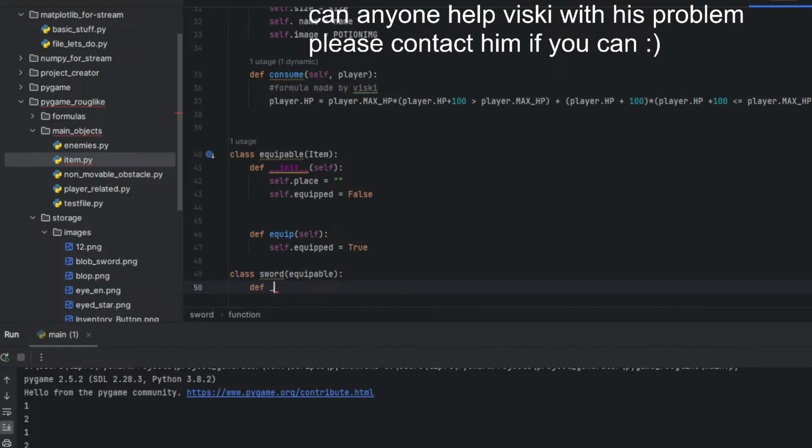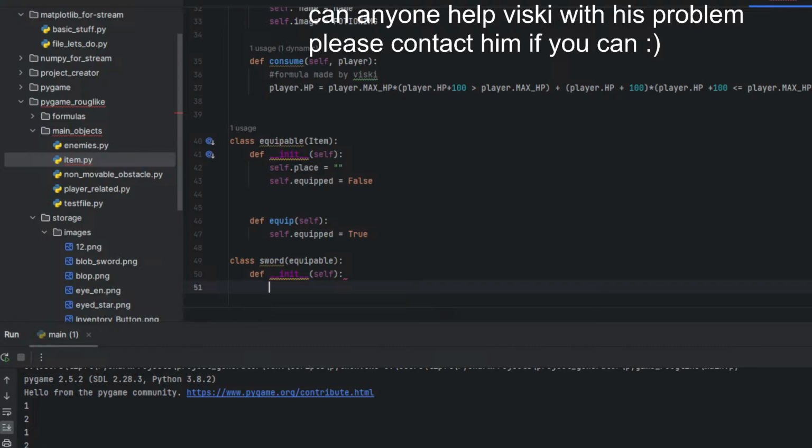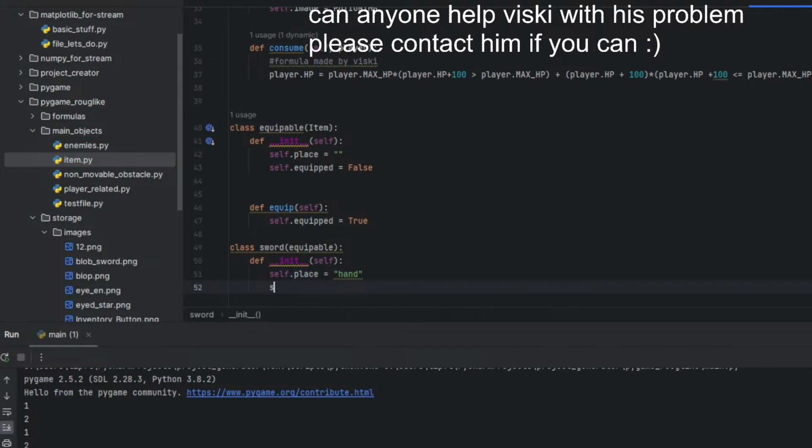Def init self, self.place equals hand, and self.equipped equals false.